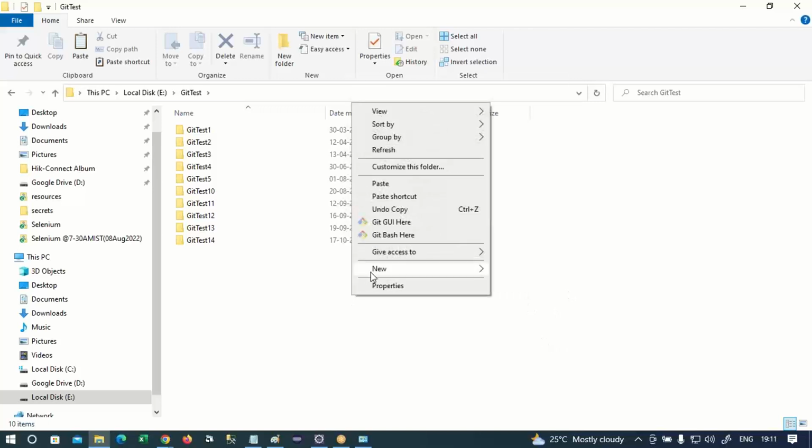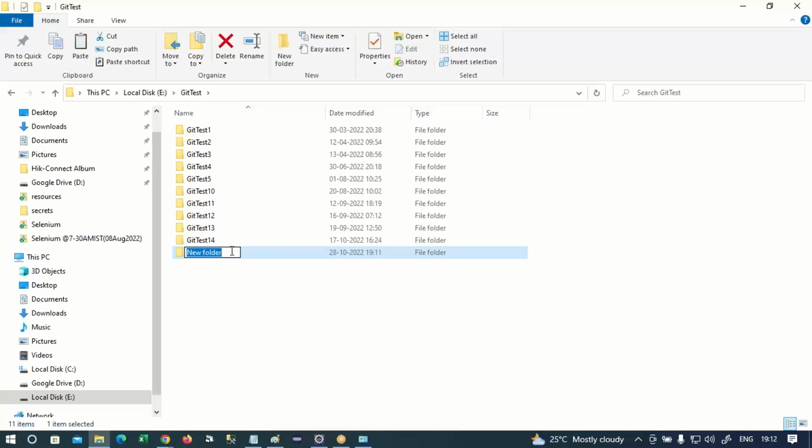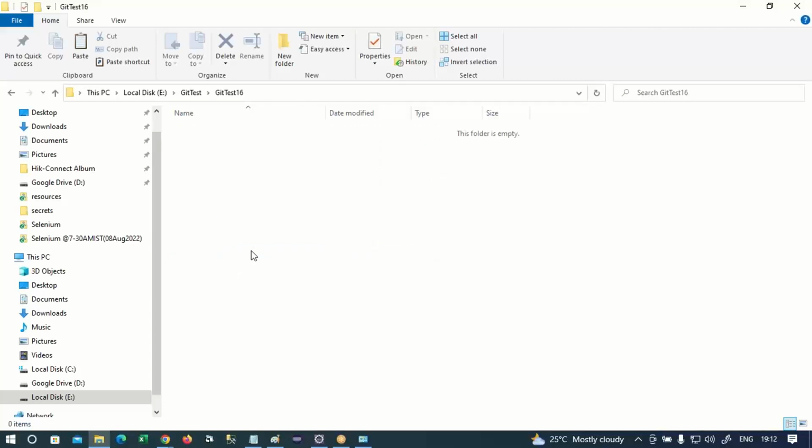Okay, let me create some new folder here. Calling it as Git test 16. Right now it is a normal folder. This is your computer, one tester computer, any one of your computer. And in that computer, you created one folder, a normal folder, and you have to make it as the Git folder. How you make it as the Git folder is, just right click on this,